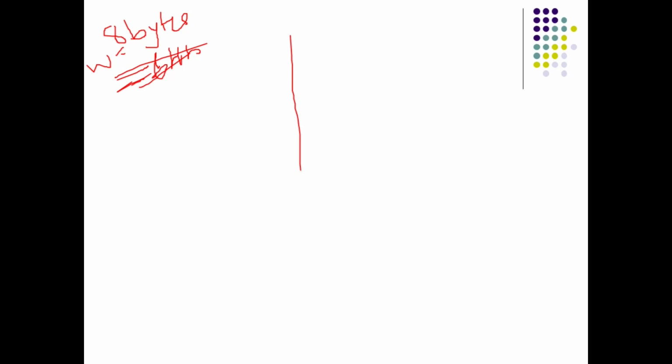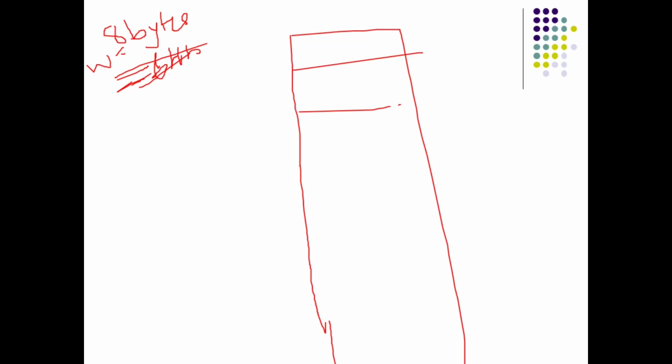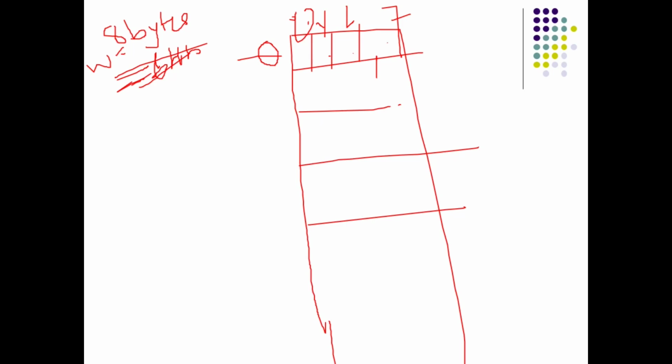So how does your memory look if I consider every row as one word? Here the word size is 8 bytes. That means there are 8 bytes, 0, 1, 2, up to 7. Did you get this? 0, 1, 2, 3 up to 7. Eight different continuous bytes make a word. So what is the starting address of this byte in this word? 0. So what is the word address? Word address is the address of the starting byte in that word.